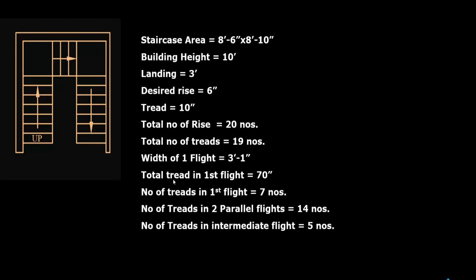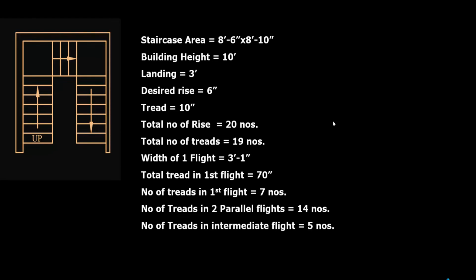There is no change in calculation for this width of one flight. Okay. Now total tread in first flight 70 inch. Number of treads in first flight 7 numbers. Number of treads in 2 parallel flights 14 numbers. Number of treads in intermediate flight 5 numbers. Okay. So here for number of treads in intermediate 1, 2, 3, 4, 5, including the landing also calculated in